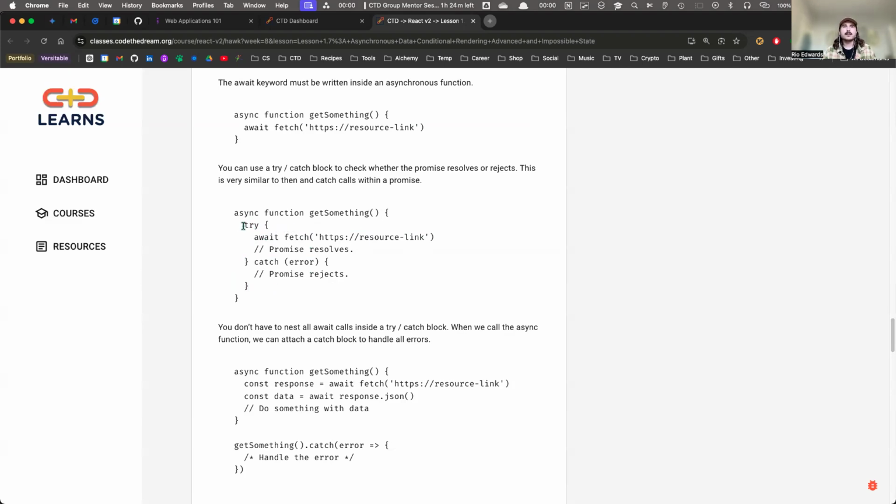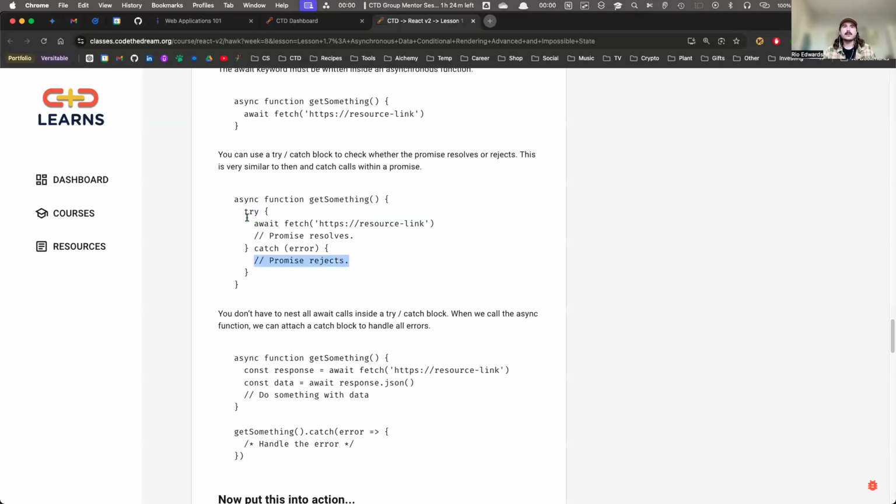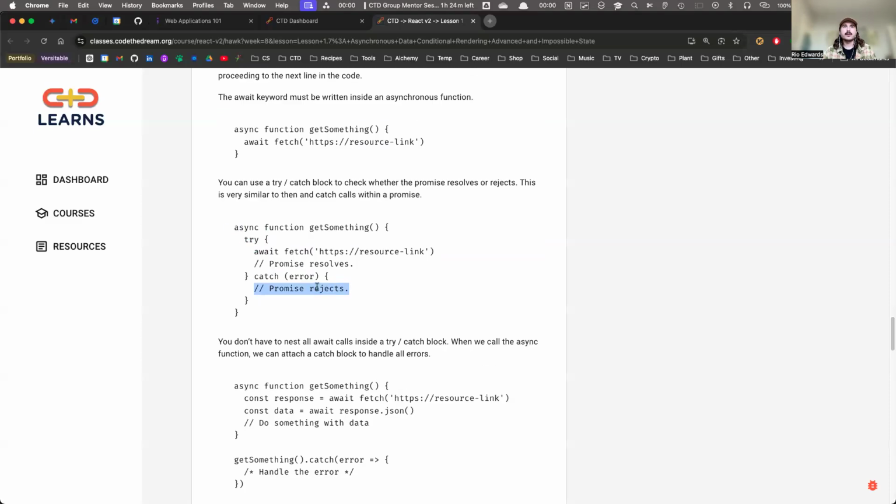It's basically going to try running this. If an error occurs anywhere in this try block, then it'll skip into this catch block and run that code. If an error never occurs, then it'll never end up in this catch, so whatever is in here will never run. So this is the alternate way using async and await of handling